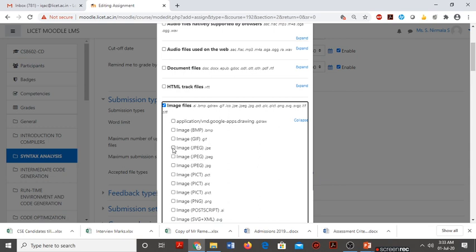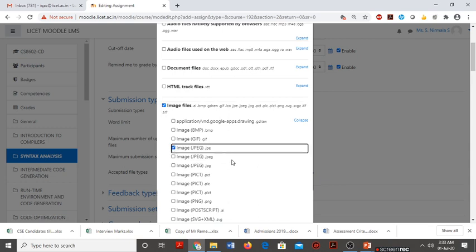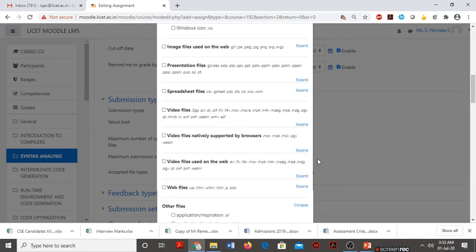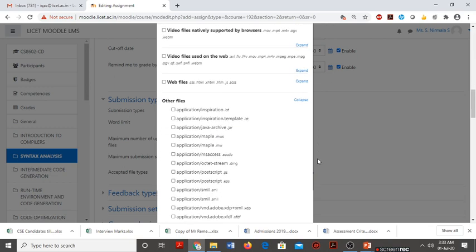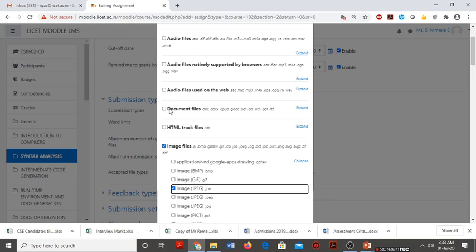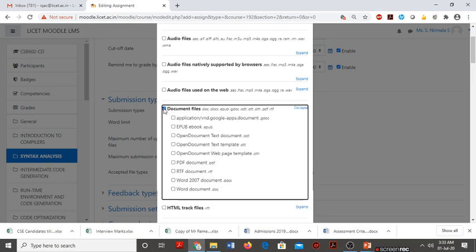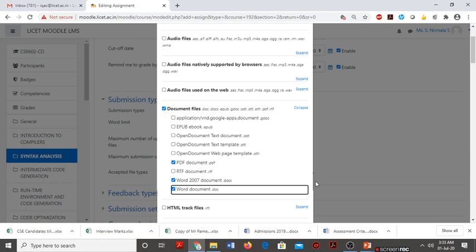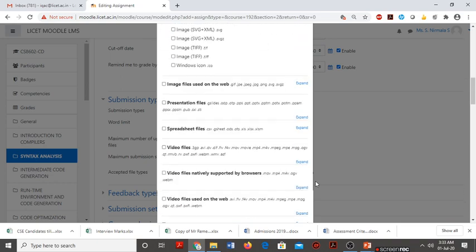So image files, on the safer side, I choose JPEG file so that the file size is small, and document files also, some documents which may be in the form of PDF, or even you can accept some docs, Word documents, and save this.